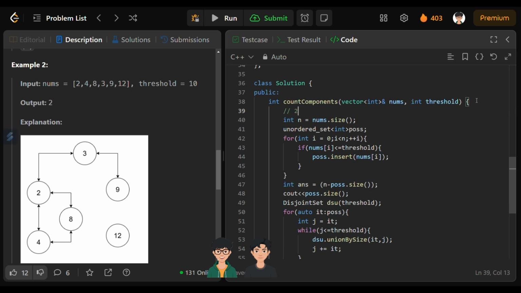So if you properly observe here in the 50th line, I have this for auto. This is actually a for each loop. The for each loop helps us to iterate over set and map data structures. So if you properly see here,